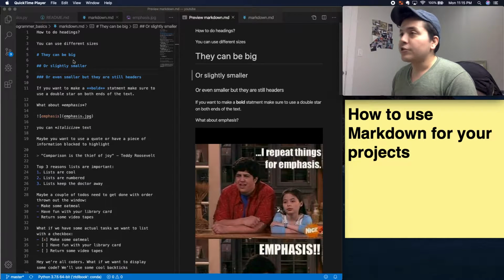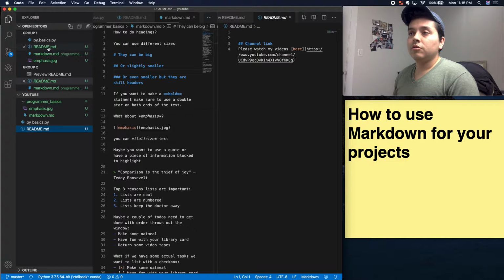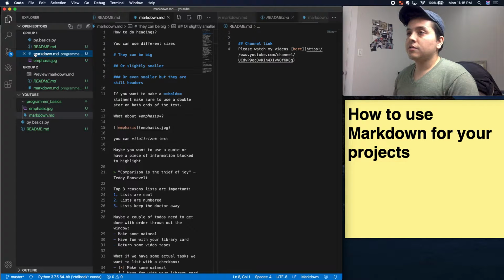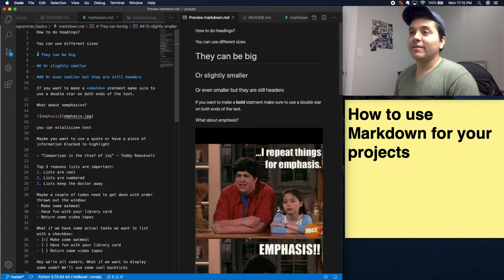All right, so the first thing we're going to talk about is headings. You can break down different sections of your Markdown code, and you can see right here we have a markdown.md file, which you can easily create in the terminal or through your selected IDE. Also, most projects have a readme.md file to document everything. So for this markdown.md file, if you want to do a heading for different sections, you make it